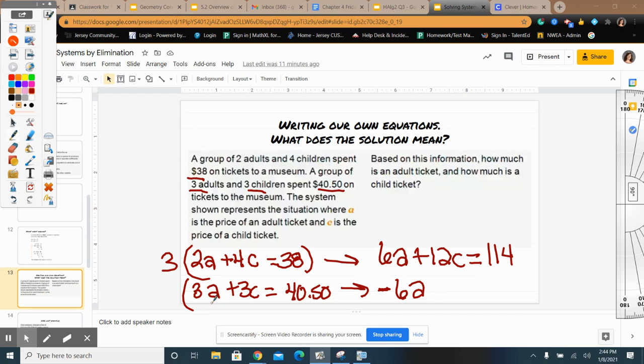Multiply the bottom. How did I get from 3 to negative 6? I'm going to multiply everybody by negative 2 this time. Be careful with your signs. Negative 6A, minus 6C equals $40.50 times negative 2